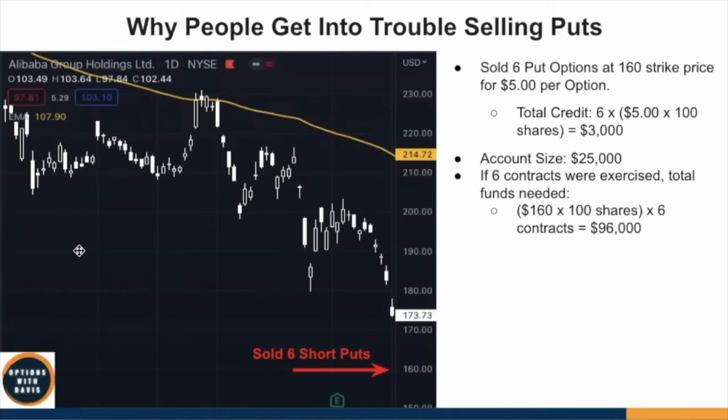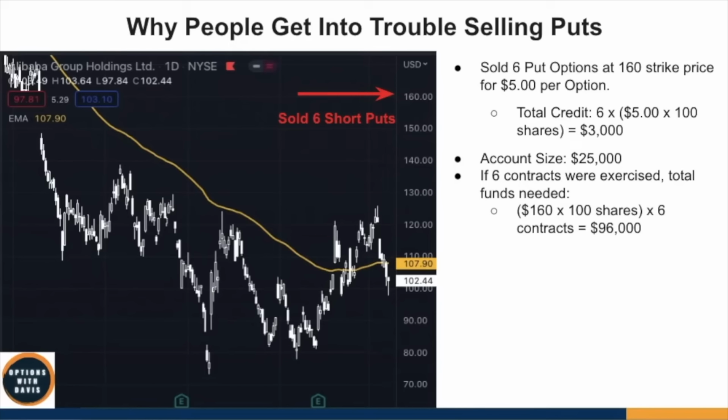So the most important thing is that you got to make sure that you are well funded, so that in case you do get exercised, you can put up that amount of money. He said there's no way that will happen. Well, not too long after, he actually came back to me and told me that his account is in trouble,